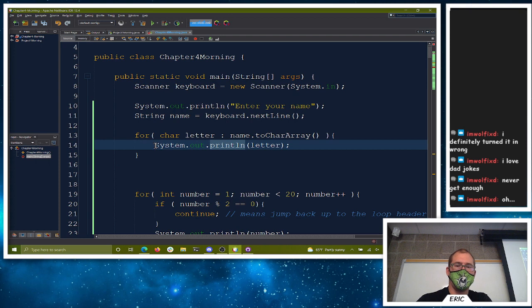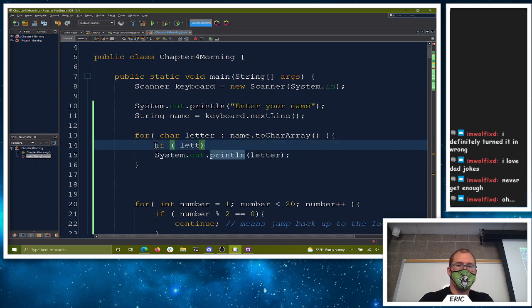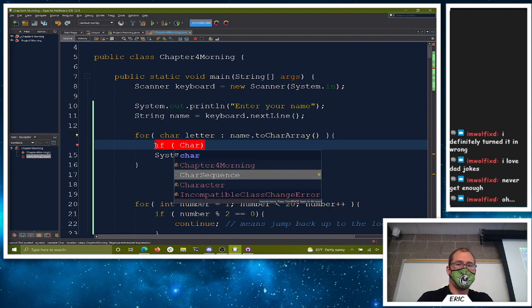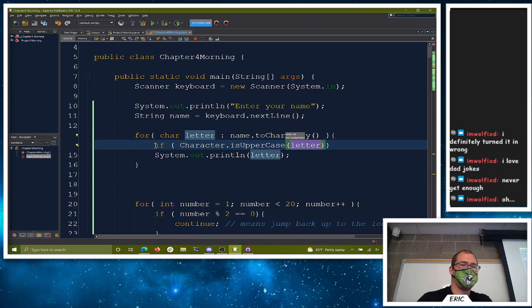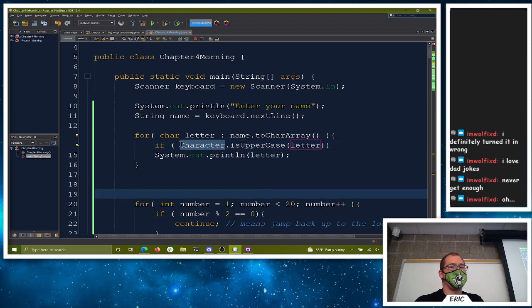Actually, here, let's do this. Let's check. We can say, hey, if Character dot isUpperCase. So the Character class here, like we had Integer.parseInt, we had Double.parseDouble. You have Character as the Character class, has some really cool checks.